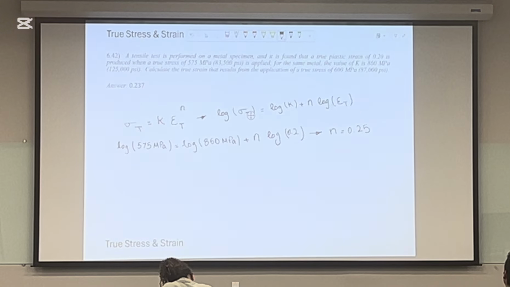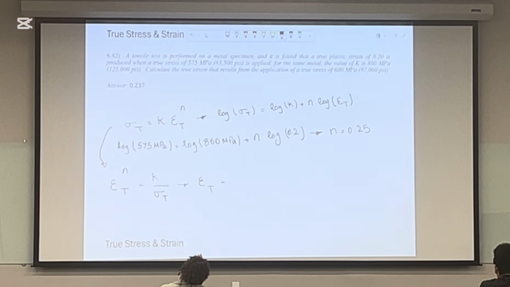What we can do is, actually we don't need to take a log, because epsilon_t to the power n is equal to K over sigma_t. And just do this over n, which is